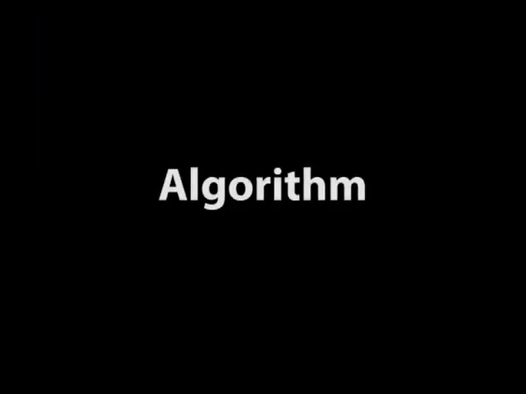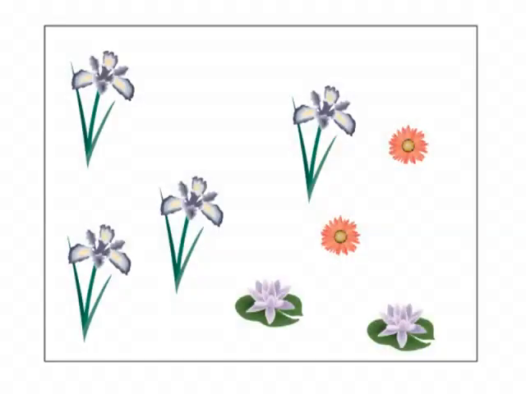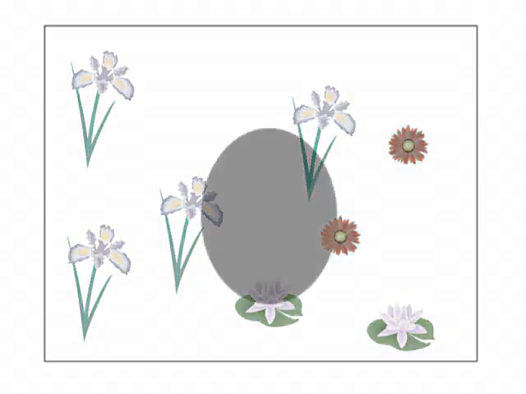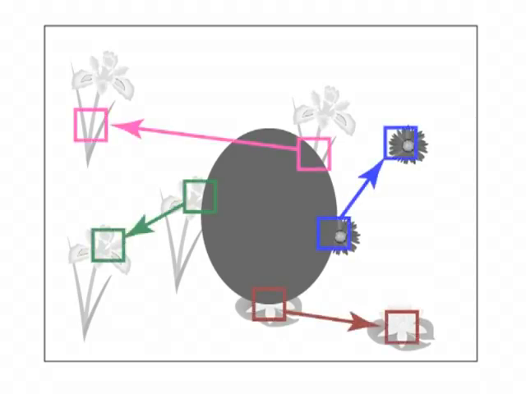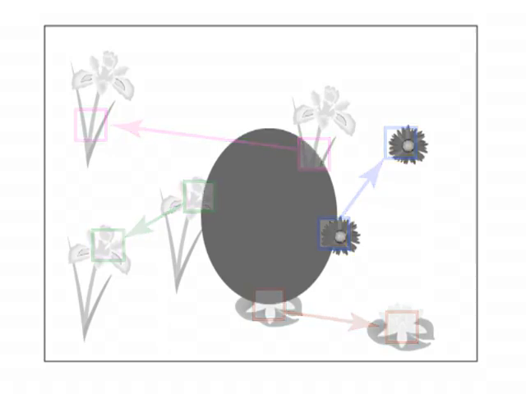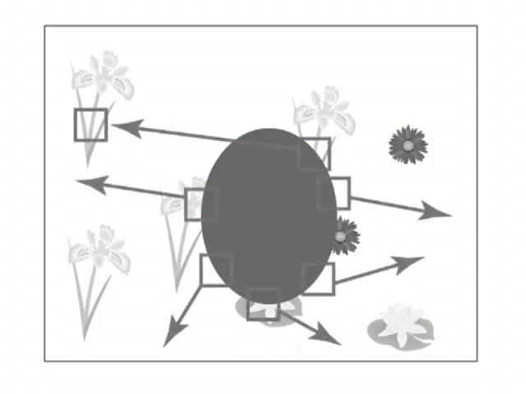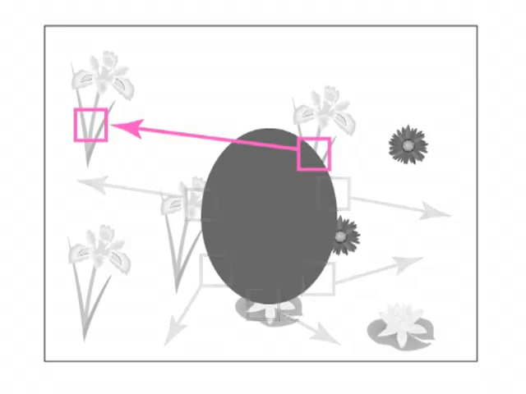This system relies upon a fast, randomized algorithm for approximating the nearest neighbor patch correspondences between two images. Consider the case of inpainting a missing region of an image. Many algorithms address this problem by searching for similar patches elsewhere in the image and filling the missing region with their contents. We make two key observations about these searches for similar patches. First, random guesses for the correspondence are likely to be wrong most of the time. But in a sufficiently large region, a few lucky guesses will be almost the correct correspondence. Second, once we do find a good guess for any one patch, it is likely that many nearby patches have